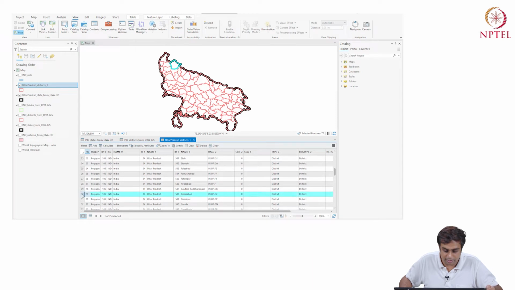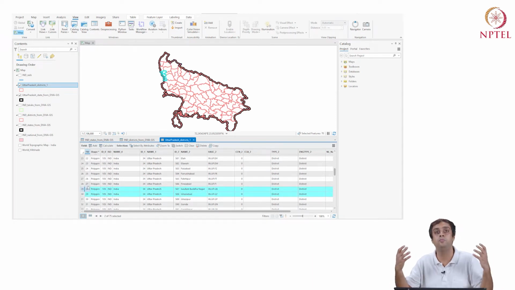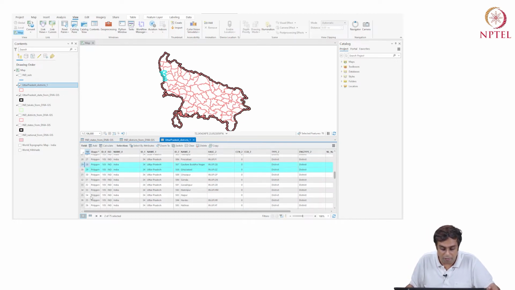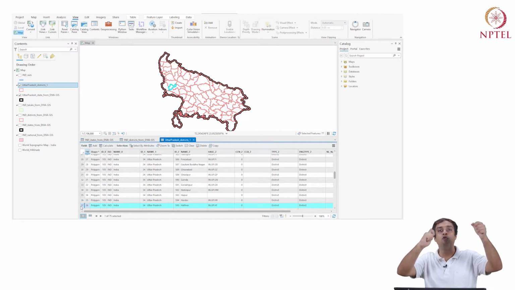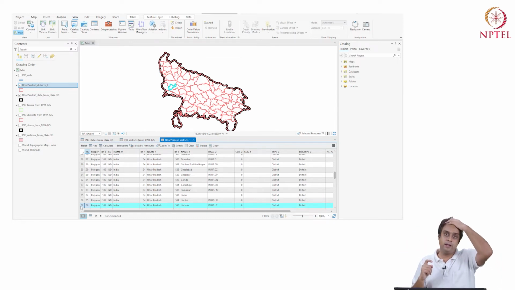There is Gautam Budh Nagar and Ghaziabad, the two urban settlements on the east of Delhi, the satellite towns of Delhi. They are themselves districts, right? I have Ghazipur, Fatehpur, Firozabad, Hapur, Hathras, and so on and so forth. So I can now move across these units and try to locate where they are on my map, right? Okay.